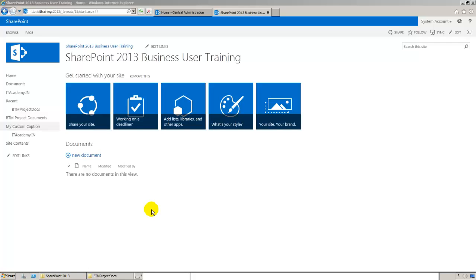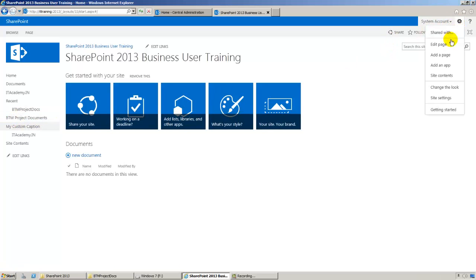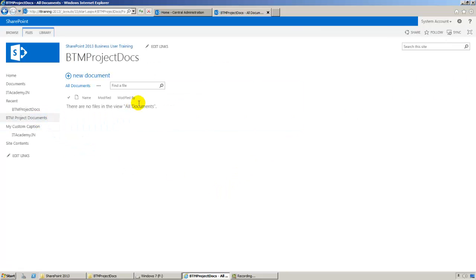In this video, I'll explain to you how to work with document libraries. In the previous video, I have just created a new document library called BTM Project Documents using the Add an App option. So when I click on the BTM Project Docs, you can see currently this document library is